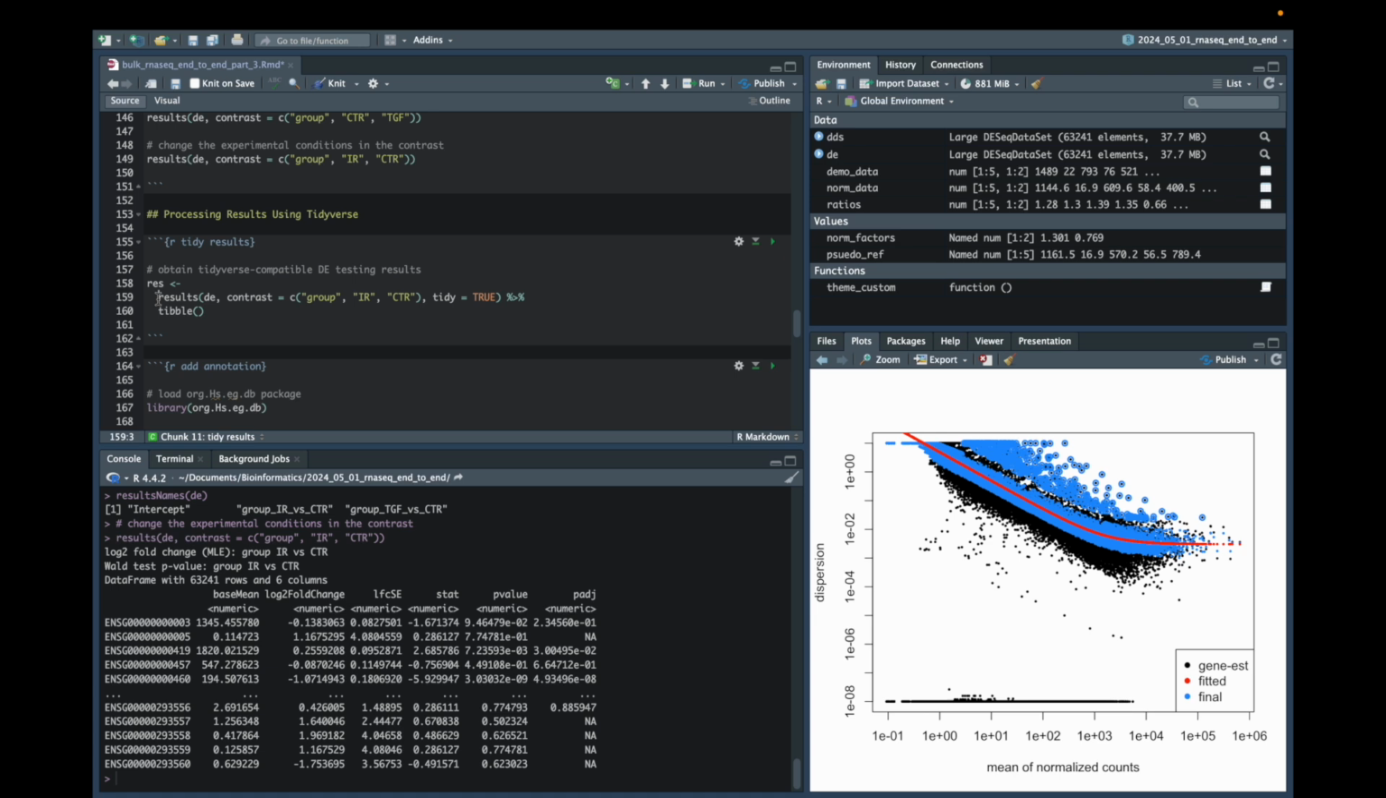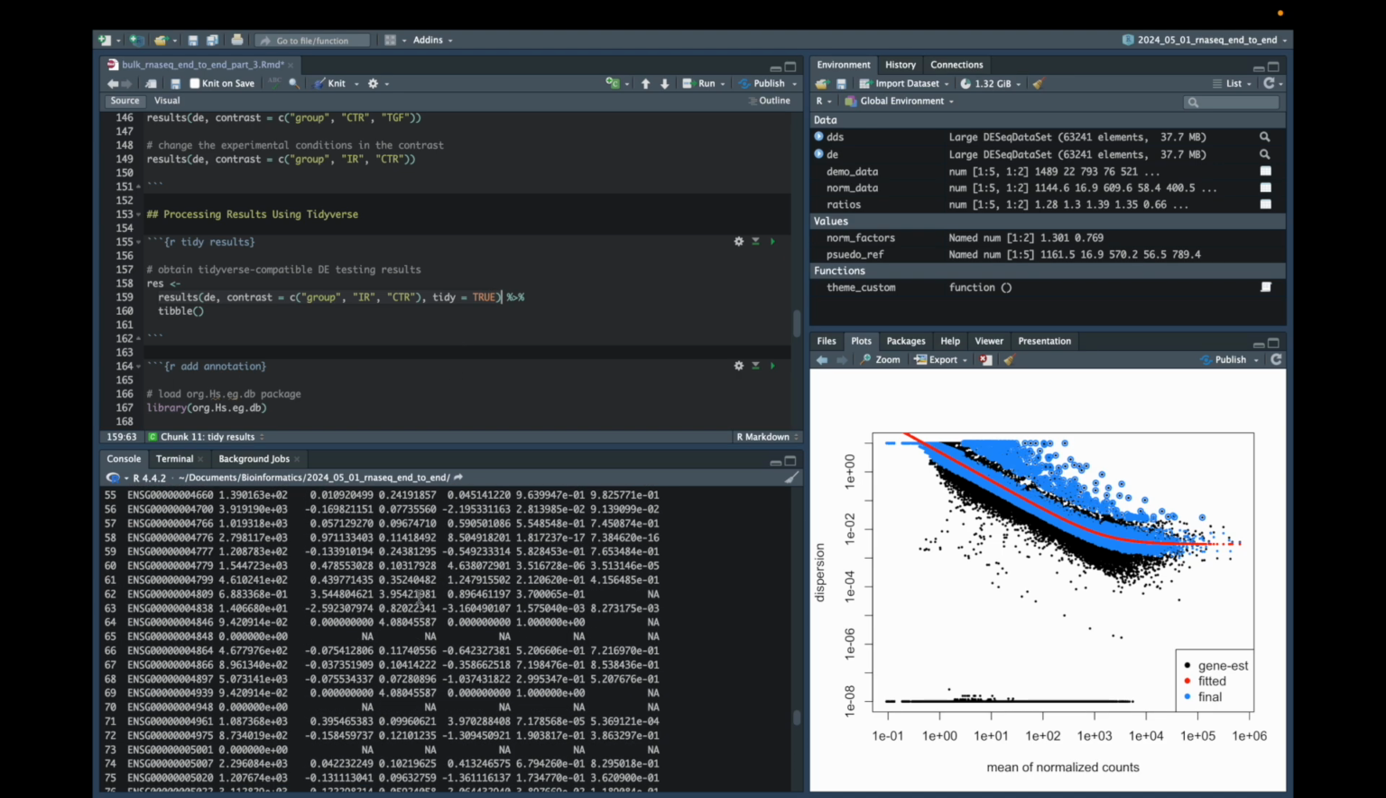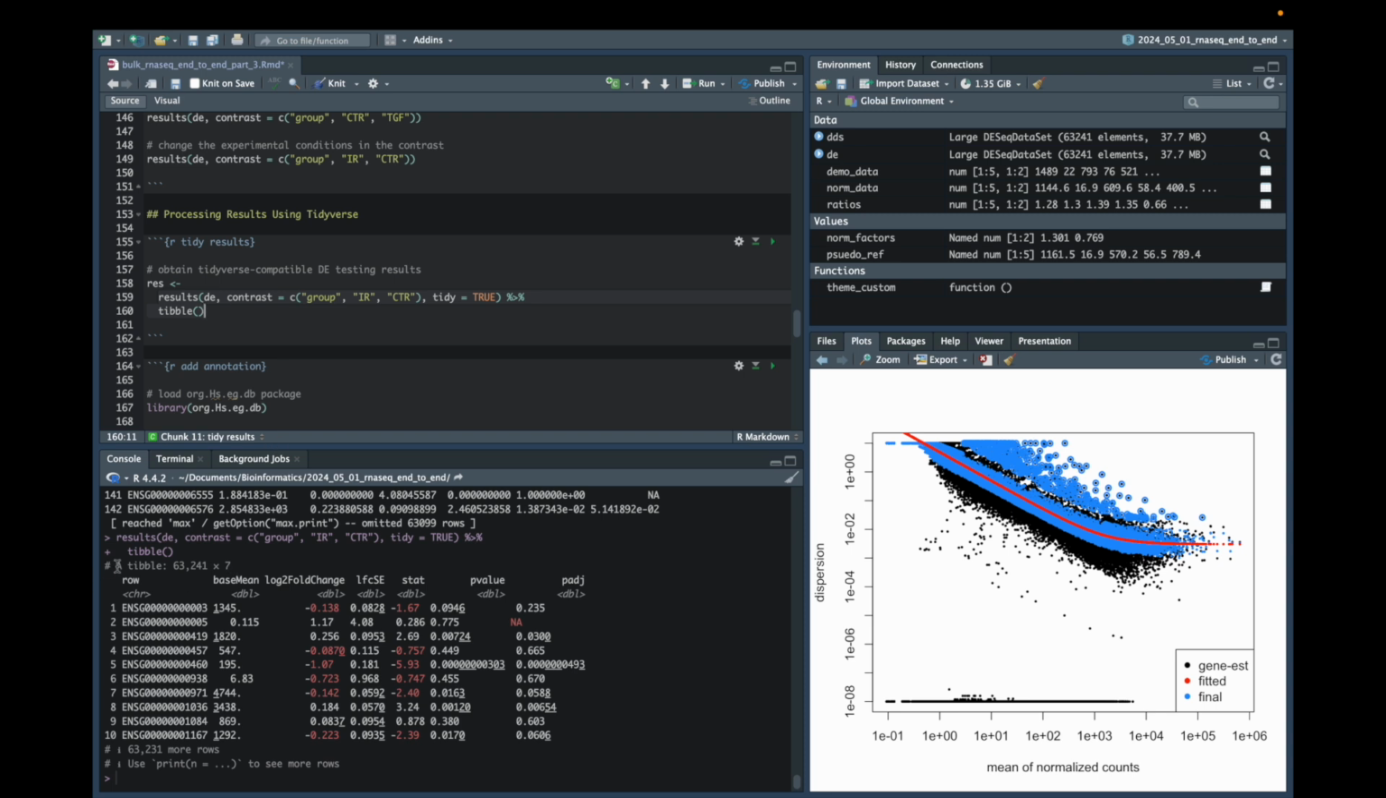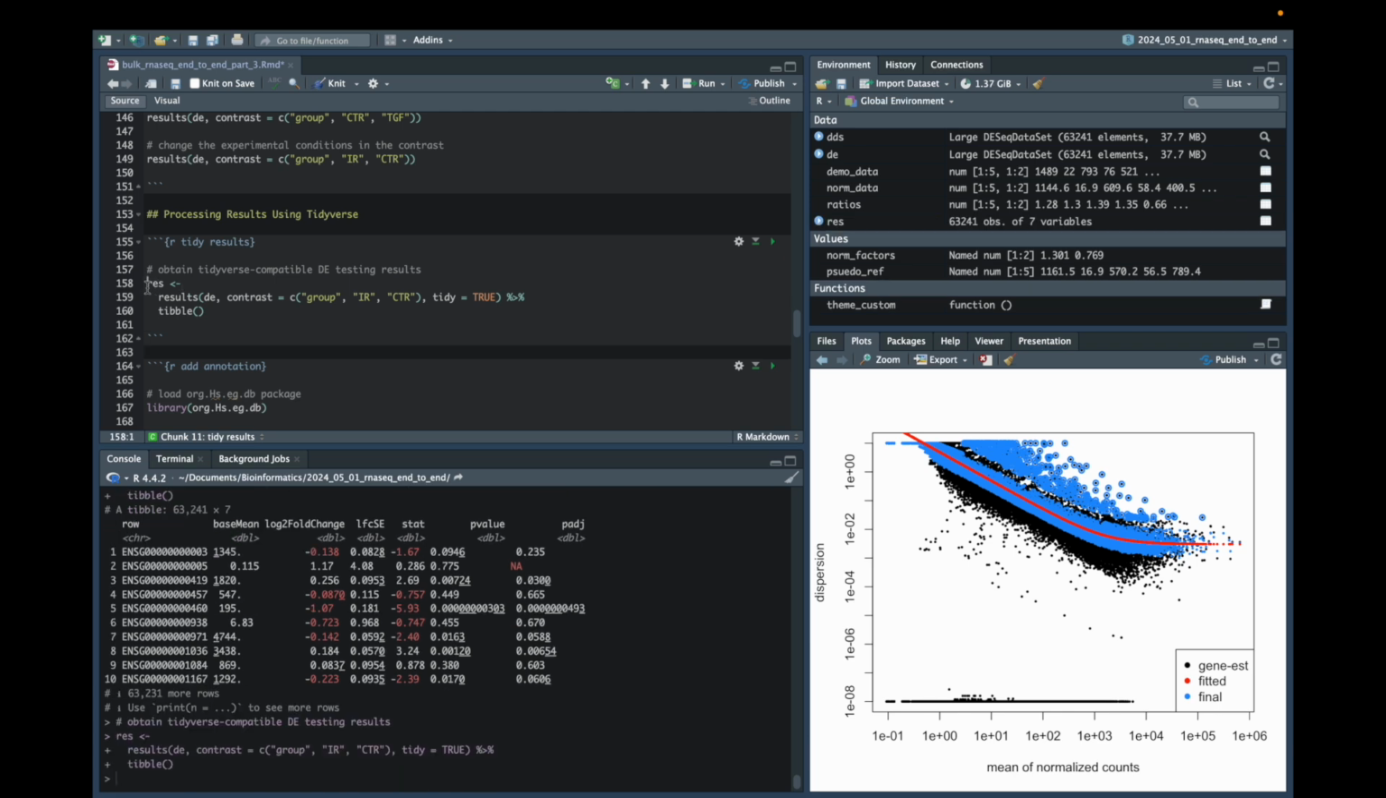The results function that we've been using also has this tidy argument, which can be used to coerce the default DESeq results object returned to a tidy data frame, so that makes it tidyverse compatible, and then we can convert that explicitly to a tibble. If we run those in sequence, we can see first that we get this data frame, and then if we run the whole code chunk without the assignment, we can now see that we've converted it explicitly to a tibble. We will save that in our res object